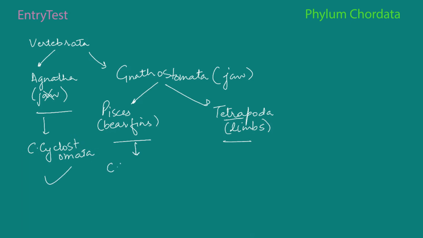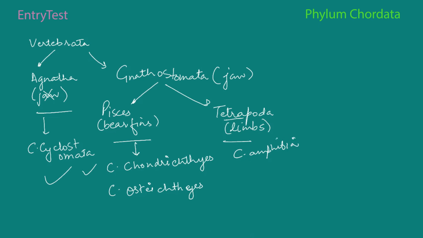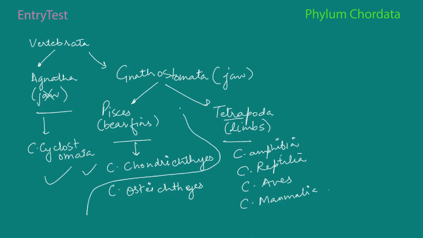And under Gnathostomata Pisces we have 2 classes, which is Chondrichthyes. This has also been covered in the previous video, and Osteichthyes. And under Tetrapoda we have 4 classes. We have Amphibia, Reptilia, Aves, and class Mammalia. So in the previous videos we've covered till here, and in this video we're going to start from the class